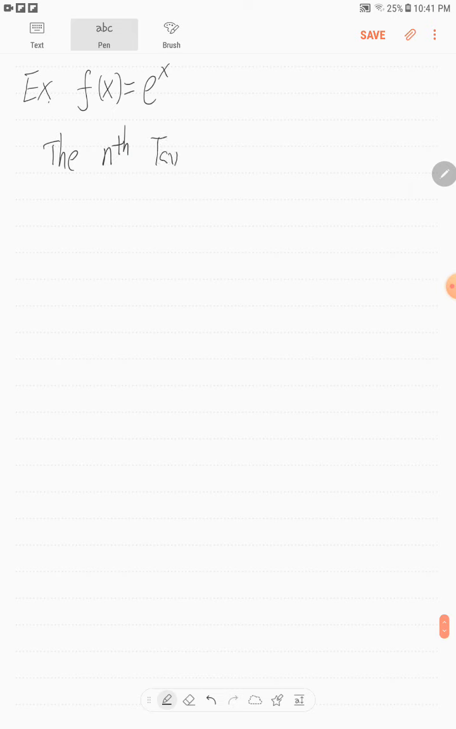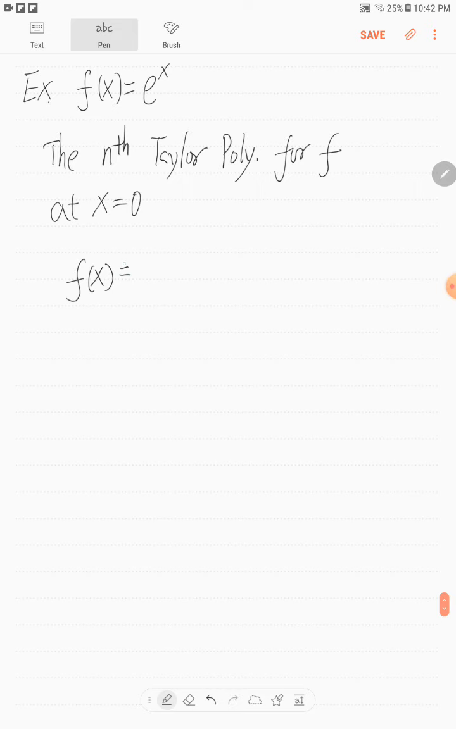Taylor polynomial for this function f at x equals 0. So that means x naught equals 0, right? So we know that the nth Taylor polynomial can be written as